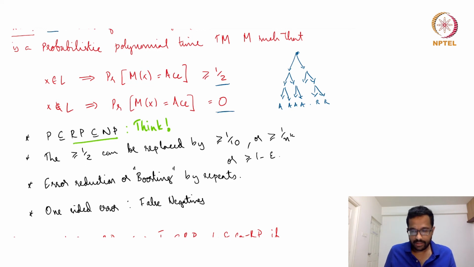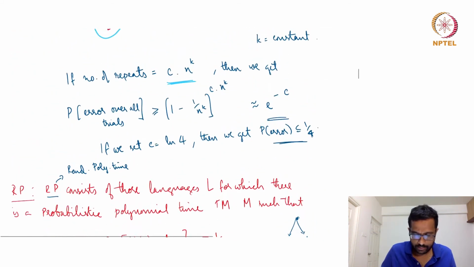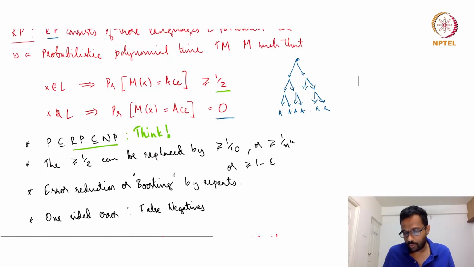Second point is that this quantity half here is really an arbitrary quantity to some extent. We could replace it with 1/10, for instance, any constant, let's say 2/3, 1/4, anything, and it will still be fine. We can even replace it with 1 over n to the power k, an inverse polynomial, like we did above over here. Even then it is okay, because if we have a machine that accepts with probability 1 over n to the power k, then you can use boosting to achieve 1 over 10 or 1 over 4,